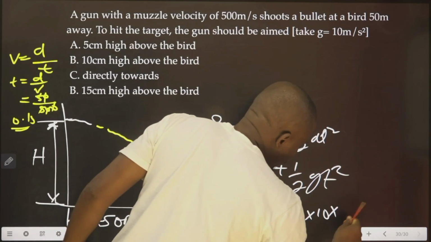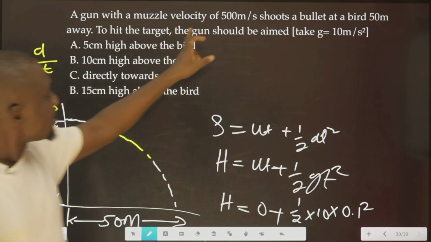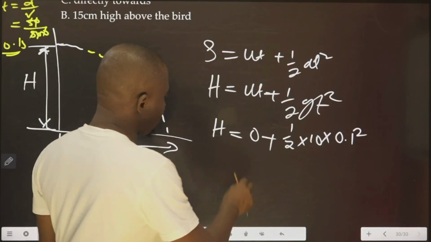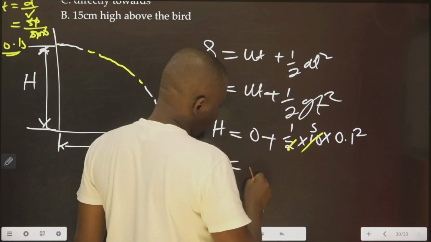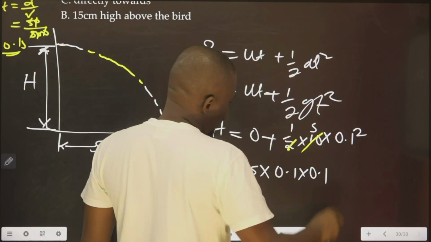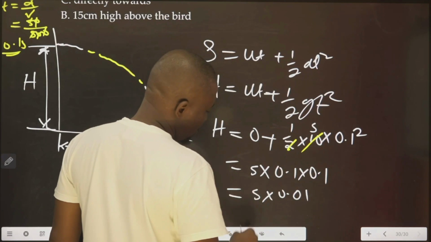So here we're going to put 0.1 squared. Now with this information, you agree with me, 1 over 2 times 10 is 5. 5 times 0.1 times 0.1, this will give us 5 times 0.01, which is